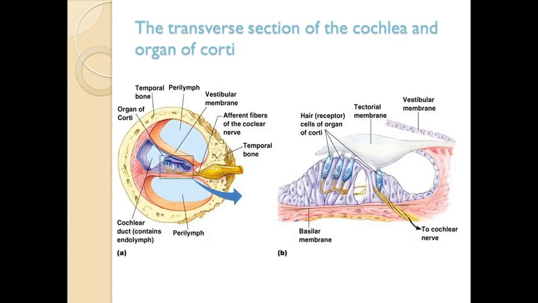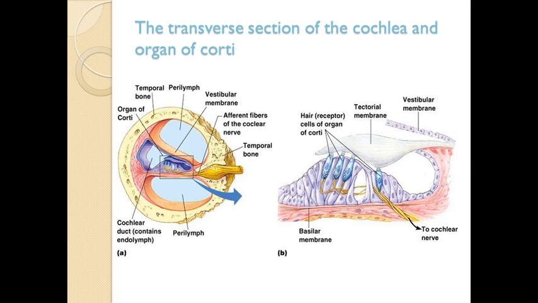On to the next diagram. Now on the left side we can see the transverse section of the cochlea, the same thing that I showed in the previous diagram. If this particular structure that is present on the basilar membrane is enlarged, it is the diagram on the right side. The diagram on the right side is the enlarged view of that particular structure found on the basilar membrane. This structure is called the organ of Corti. So the organ of Corti is found on the basilar membrane.